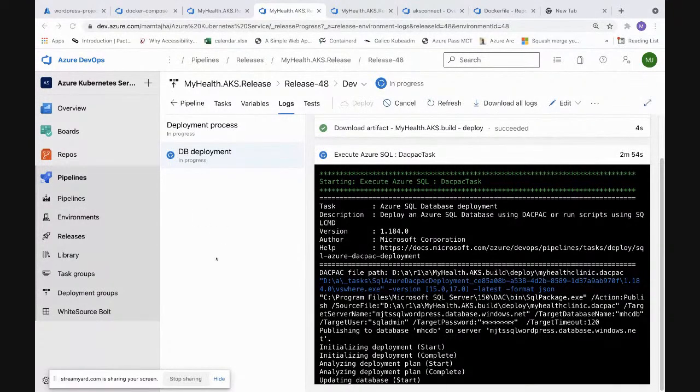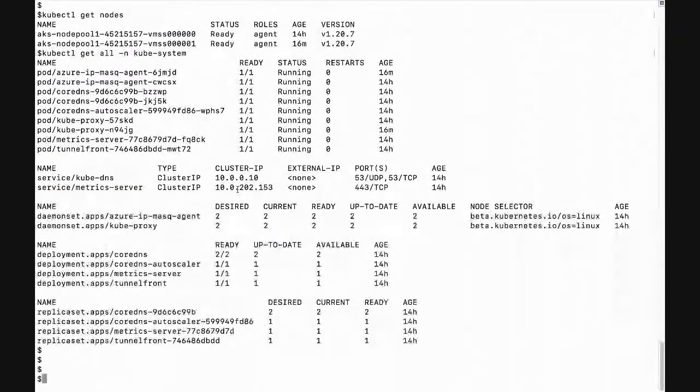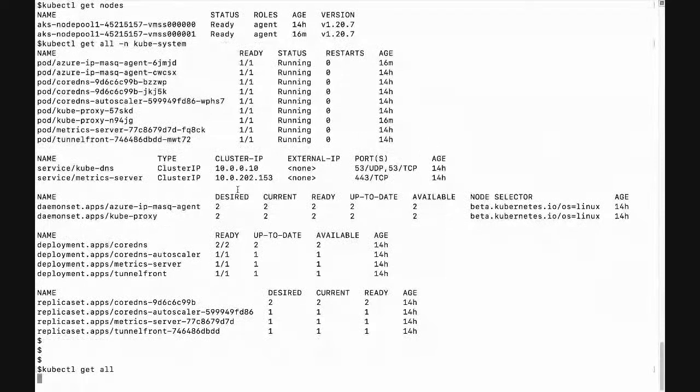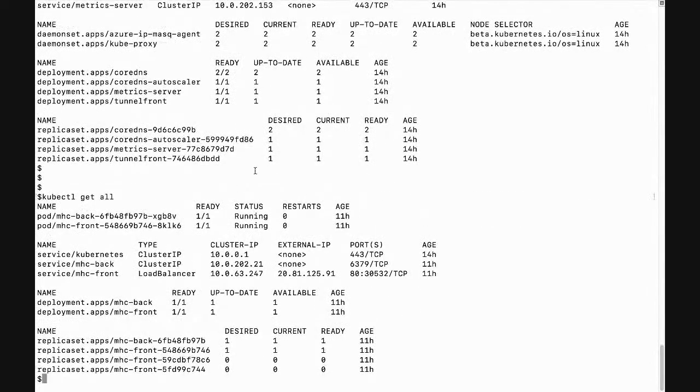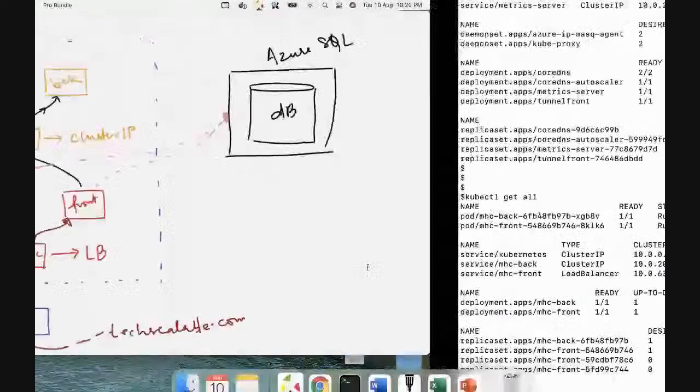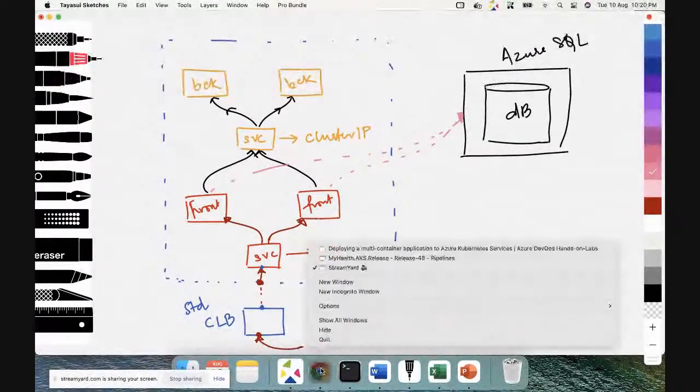So DB deployment is taking a while. I had deployed this in the morning, so let me see, that version of the container should be up and running. If I do kubectl get all, because I had deployed that in my default namespace, I can see that. This is my front-end application, which is deployed. This is the load balancer service. This is my back-end application, which is deployed. And this is the cluster IP address for this. If I go with this IP address, I should be able to browse my application. Let me try and do that.